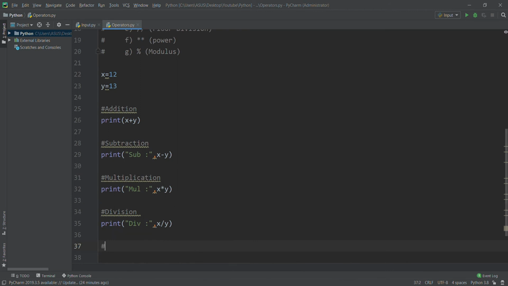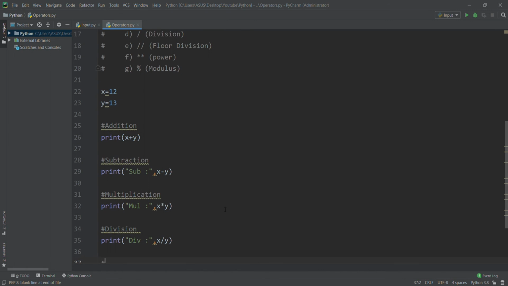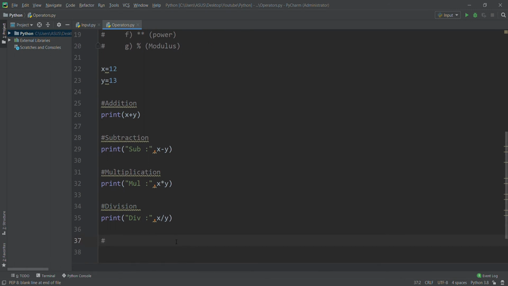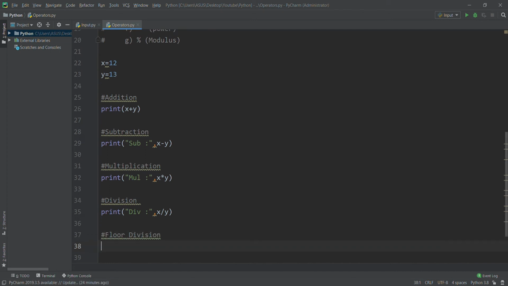Now again, when we want to perform floor division, then print floor division, x double slash y.